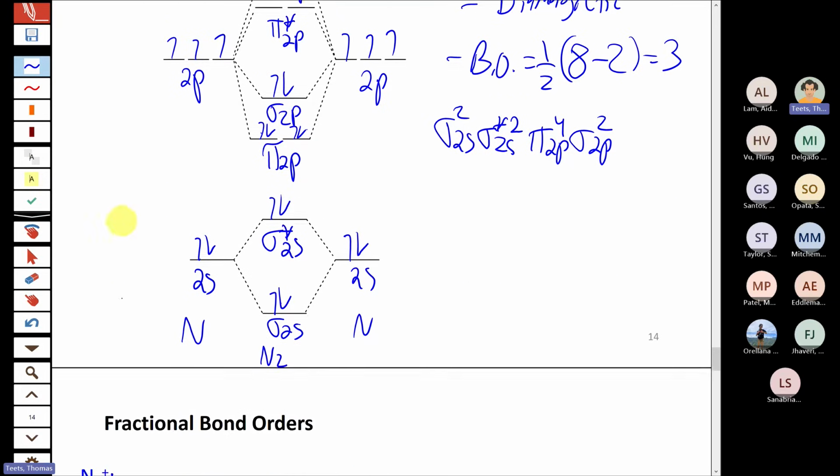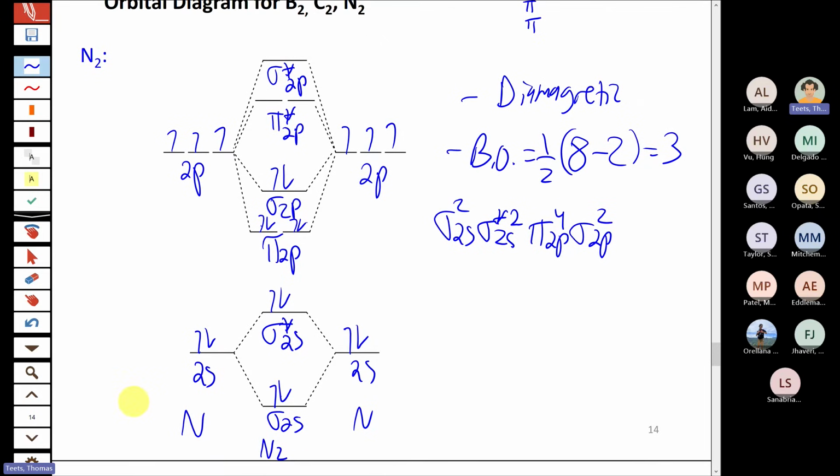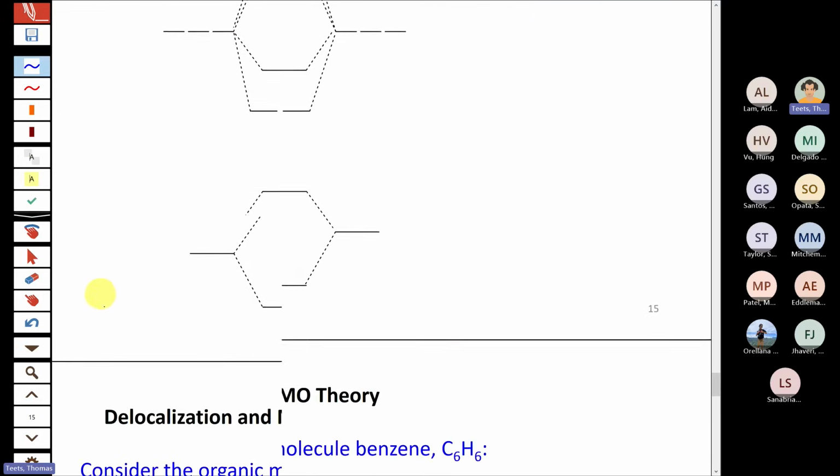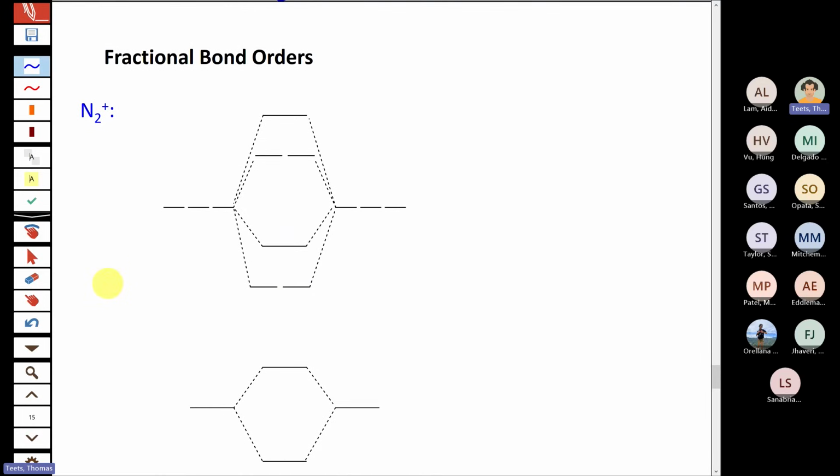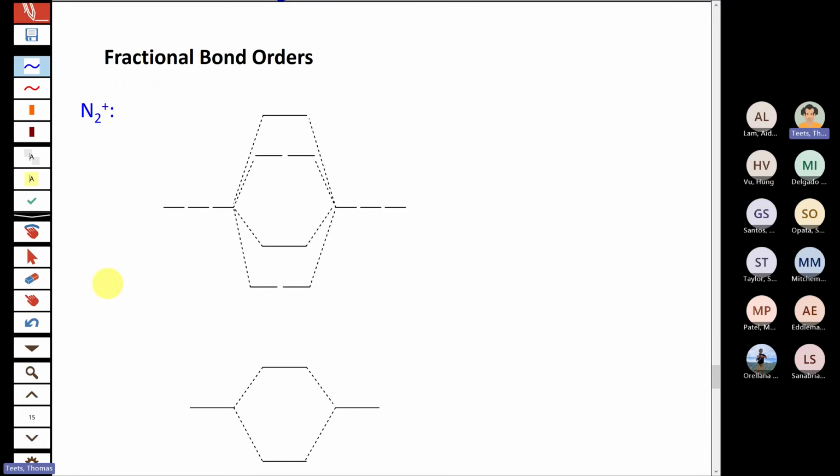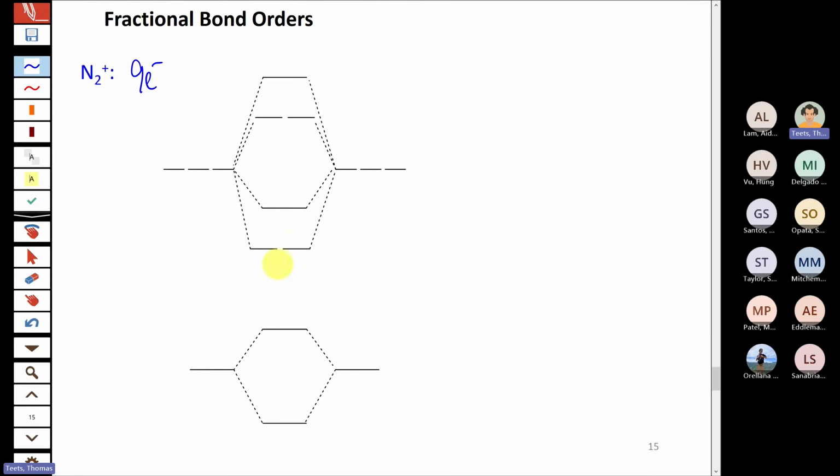All right, so that I think takes us through all the neutral 2p molecules. So a little bit repetitive, but hopefully you kind of see the process now and how it works. The very last one I'll do is, again, a situation where we can have fractional bond orders. Now, you only will see fractional bond orders, meaning a bond order of something .5, if you have an odd number of electrons. So if there's an even number of electrons in your molecule, in the ground state, you would expect the bond order to always just be 0, 1, 2, or 3, a whole number. But when you have odd numbers of electrons, you're going to have fractional bond orders, and that's the case with N2 plus. So N2 plus is just 1 electron different than N2, so you just take off 1 electron.